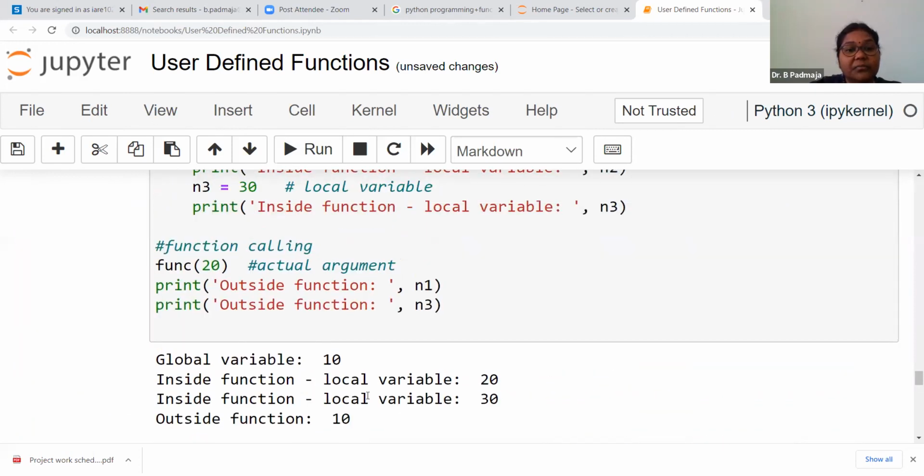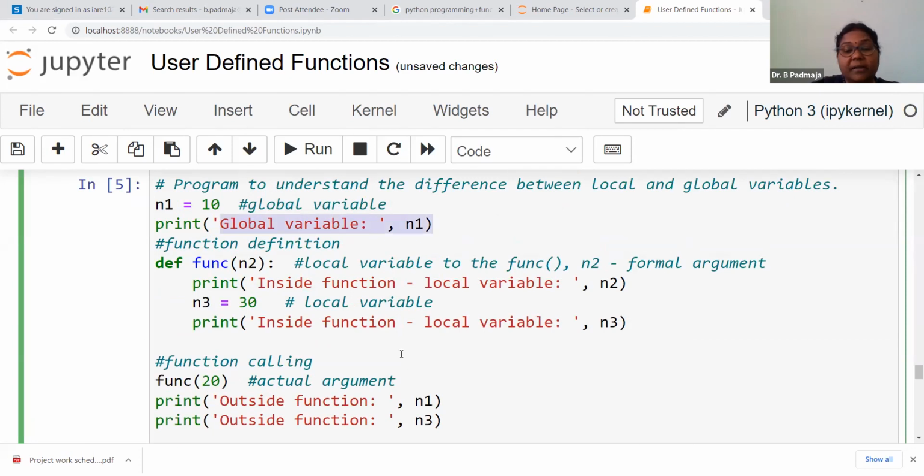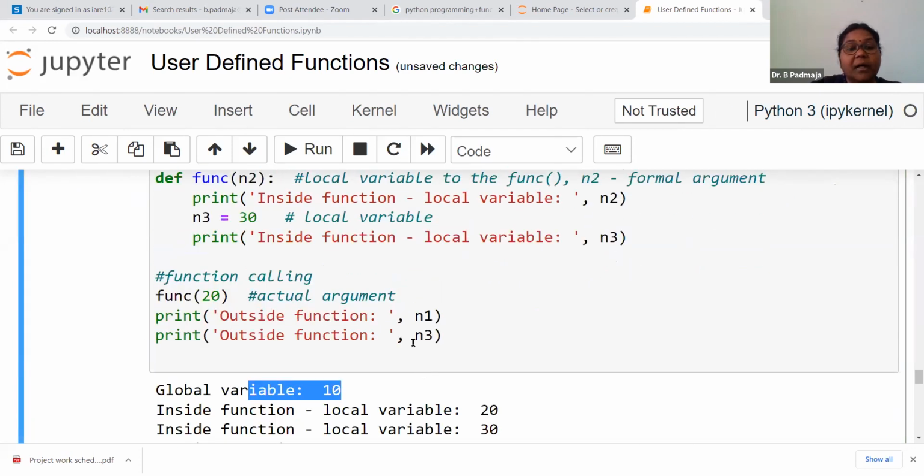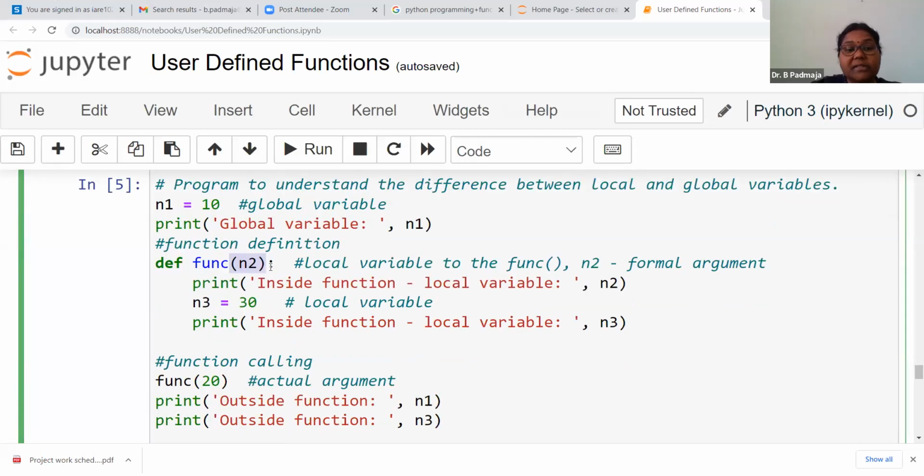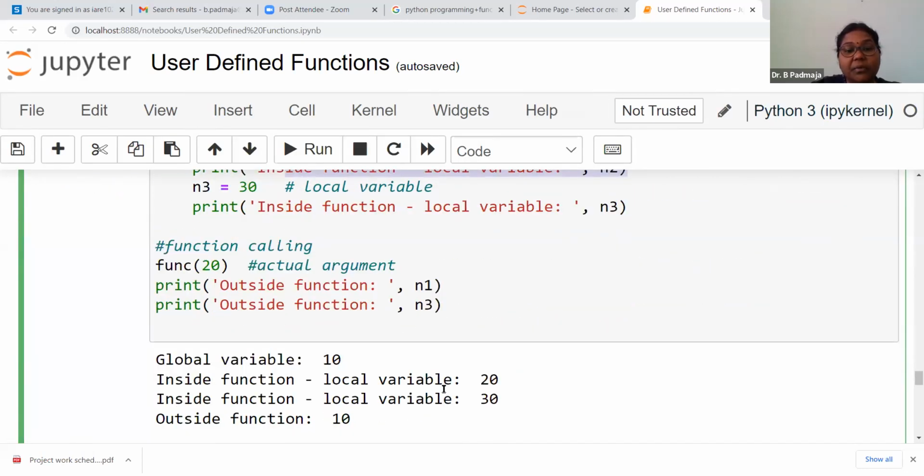Can you see here? First, global variable 10 I am printing over here. Okay, 10 is printed. Now n2 is a local variable, I told you, so its value also I am printing. What is the value of n2? 20 I am passing, that is printed. n3 I have declared as 30, so its value also I am printing. So 30 is printed. Outside the function, I am printing the value of n1. n1 can be accessed anywhere, inside the function or outside the function, because its scope is global. Throughout the program, you can access global variables anywhere. So 10 is printed. But if you try to access n2 or